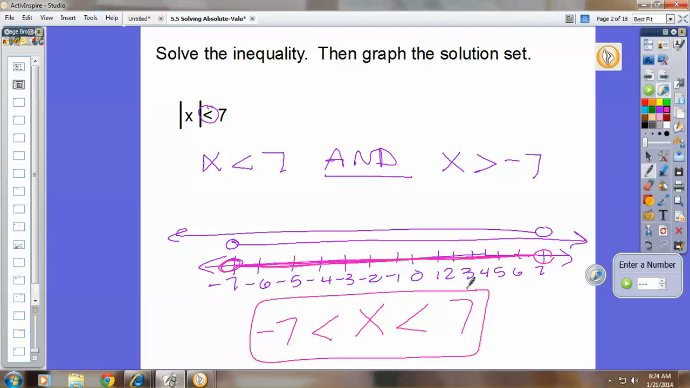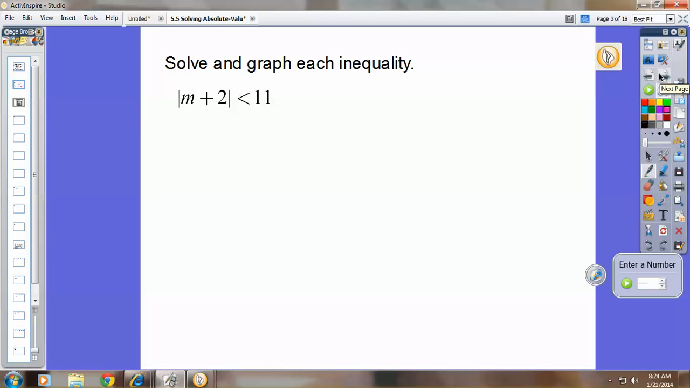Let's look at some more. This example reads: the absolute value of m plus 2 is less than 11. This less than symbol indicates and or, you tell me. And. Less than is and. Okay. So I want and in the middle, and on either side of that word and, let's set up our